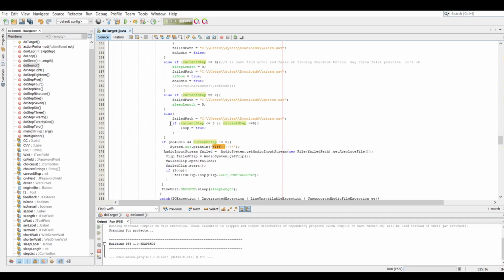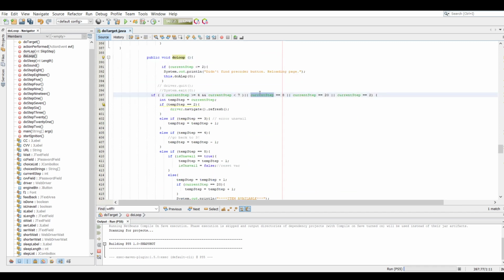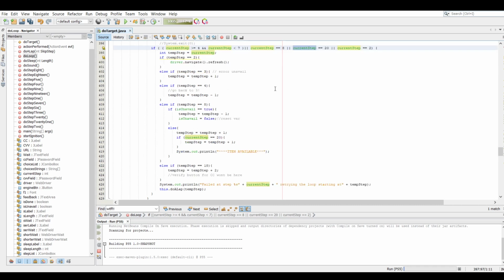So the sound and the loop. The loop I did more updates on. Step 8, I showed you last time. Step 20 is the one second. Oh, I've got to do step 18. Good thing I'm doing this video. This